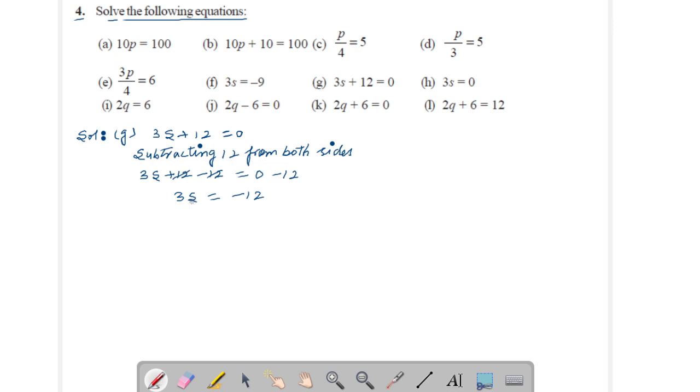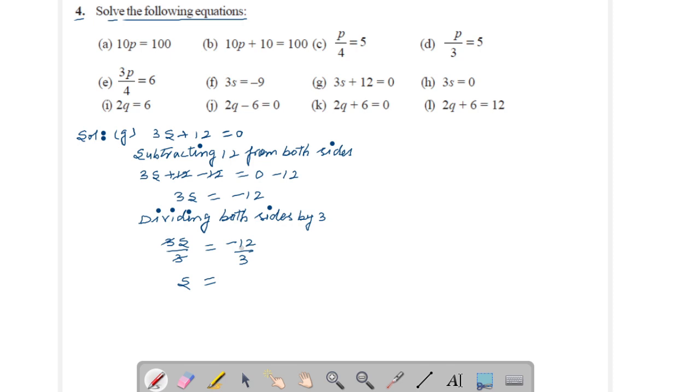Now you have to remove 3 from s. How will you remove this? By dividing it by 3. So dividing both sides by 3, what will you get? 3s upon 3 equal to minus 12 upon 3. Here 3 is cancelled by 3. What is left? s